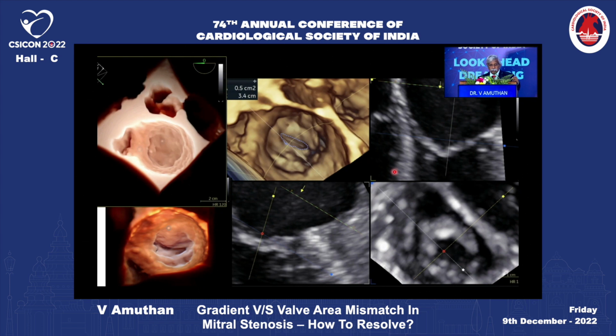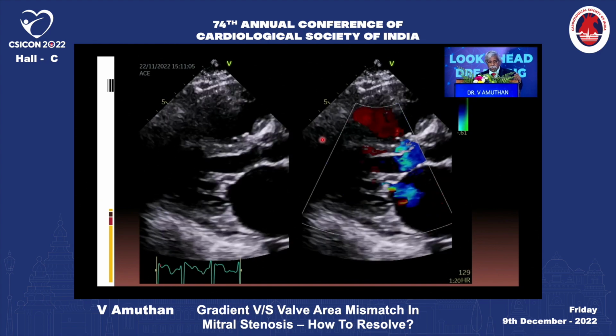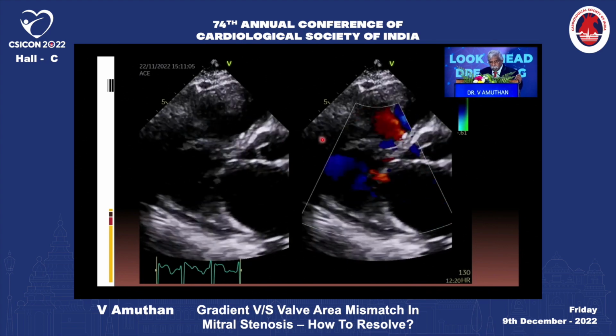And this is the 3D mitral valve area calculation. This is 0.5. This is the flexi view where you can identify the valve area very clearly and you can plot it. And there is usually a difference between 2D and 3D. 2D areas tend to be higher, and a more accurate correlation of the 3D valve area occurs with the cath derived data. Now what happened is that because this patient had a LA appendage clot,